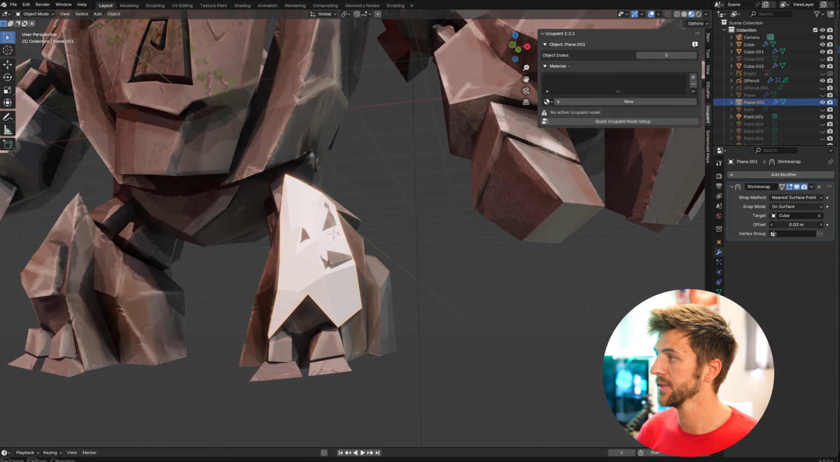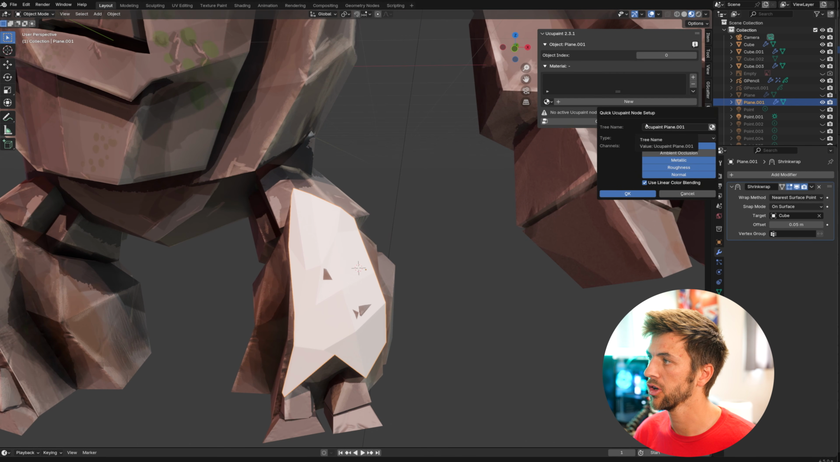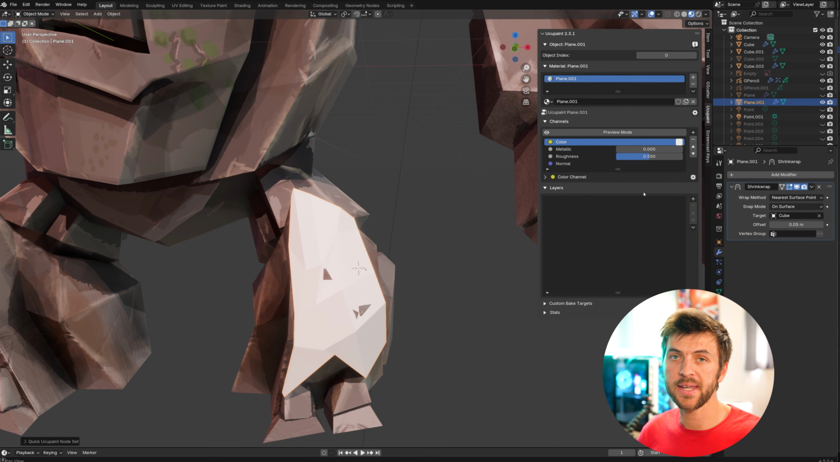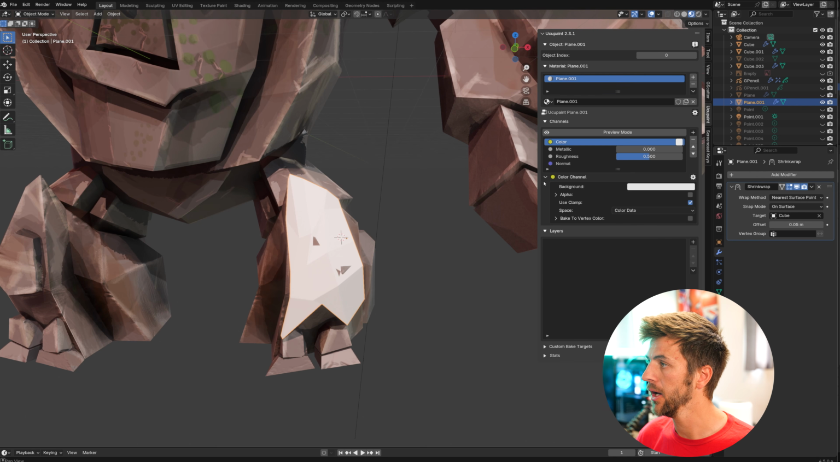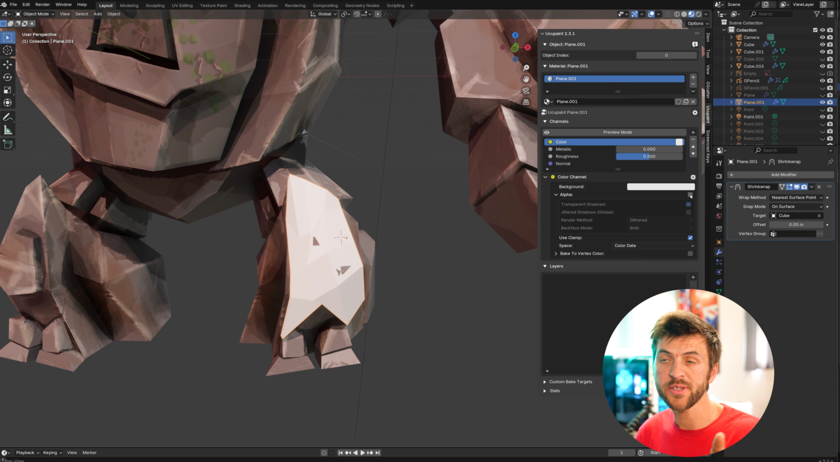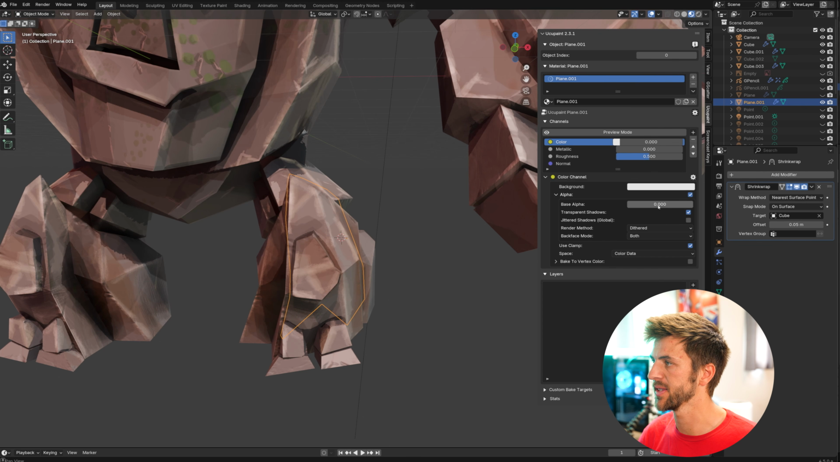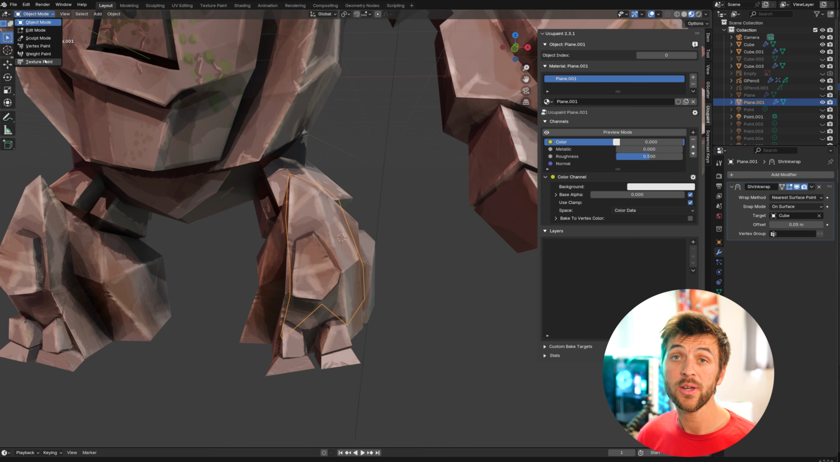Now with our moss layer selected, we'll go to the UQ Paint add-on and click a new node setup. The first step is to add alpha transparency to this, and this is something that you might be using in a lot of your different Arcane style renders, so this is why I want to show this step. Drop the color channel down and choose alpha. This will suddenly make your image completely transparent, which is exactly what we want, because now we can switch to